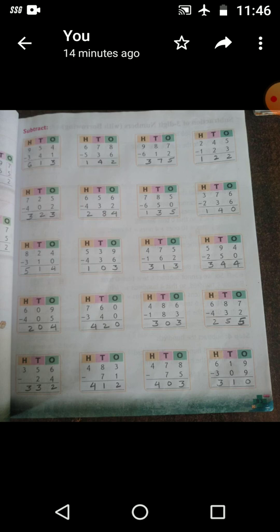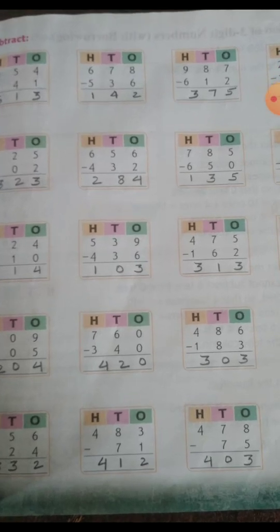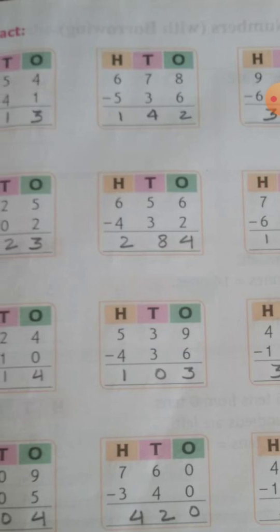So, here we have to subtract 341 from 954. So, when you subtract 1 from 4, you get 3. When you subtract 4 from 5, you get 1. And when you subtract 3 from 9, you get 6. So, our answer is 613. Now, the second question, you have to subtract 536 from